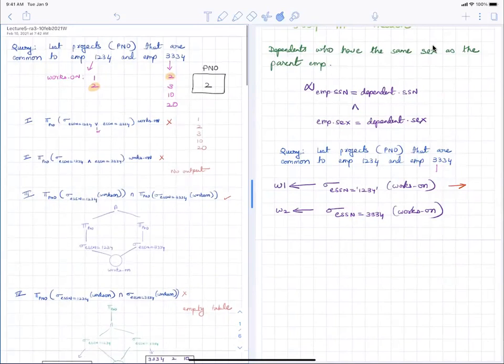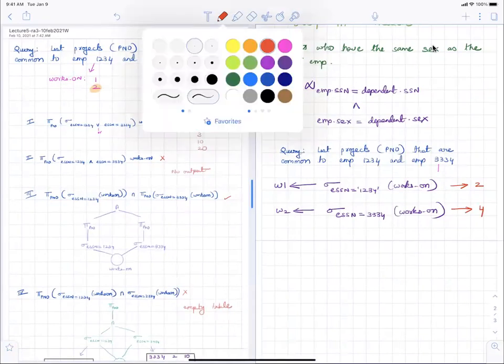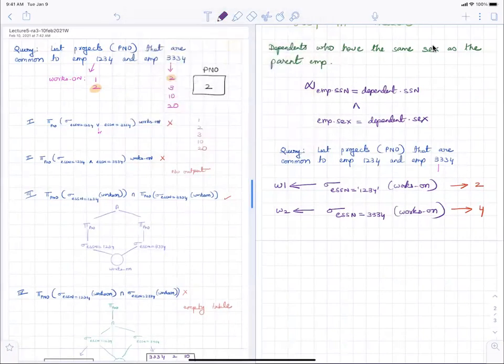Okay, we have 2 rows where it's 1, 2, 3, 4. And for 3, 3, 3, 4, there are 4 rows that match this up. So when we write down this query,